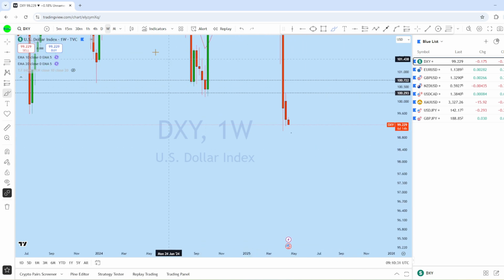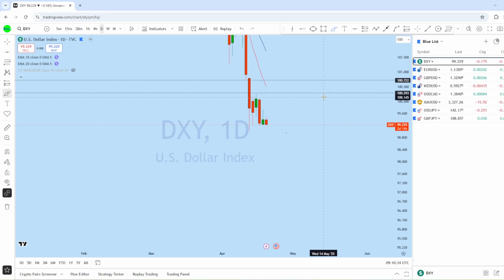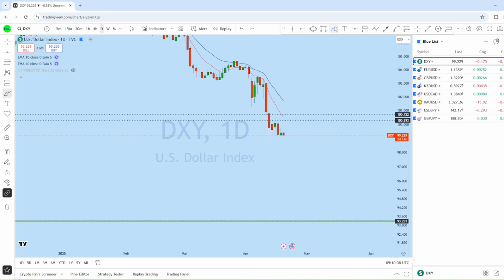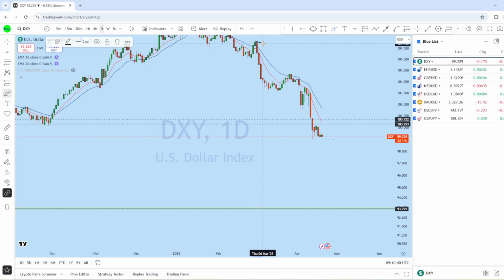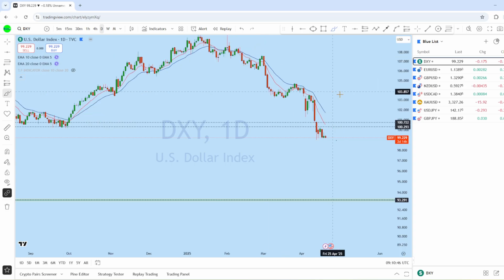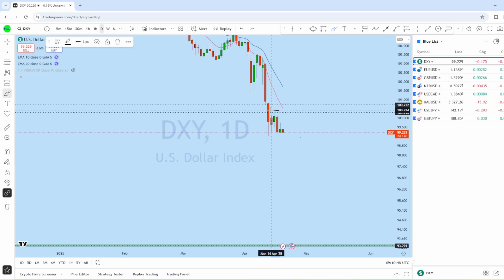So let's see what kind of price action the daily chart is forming. Here on the daily perspective, the market is forming a series of lower highs in that area, which is a very strong downtrend at the moment from the daily chart. What we can see is that this is a daily resistance here. This is a swing high as well.